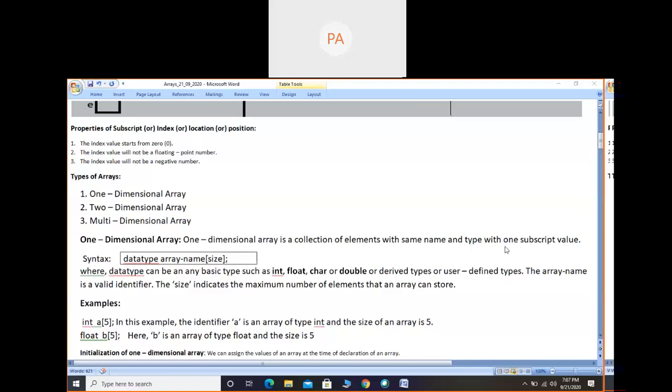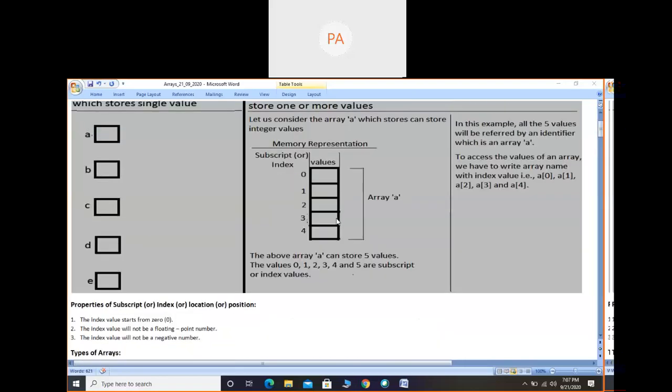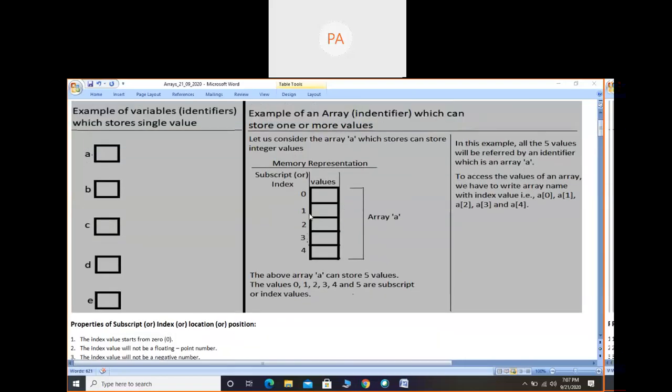Okay, and an extra thing here in one dimensional is that you have to consider one subscript value. If you look at this memory representation of the array, in the values part, if you want to refer to a particular value, we can refer by one dimension. In two dimension you will come to know how it is. One dimension means, if I want to refer to the first value, the subscript or index is 0.